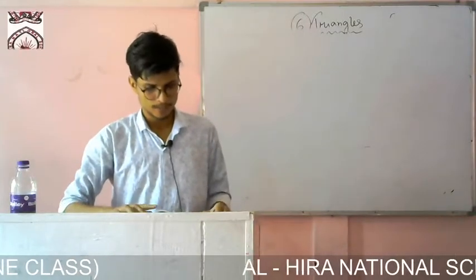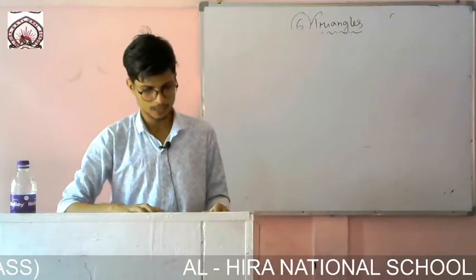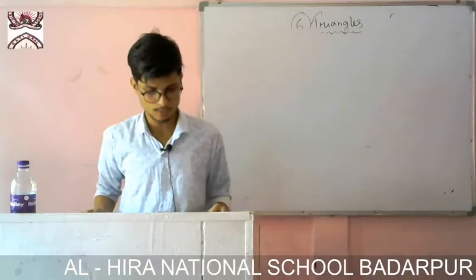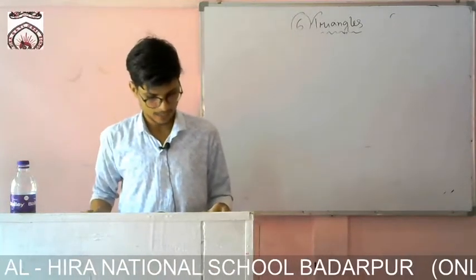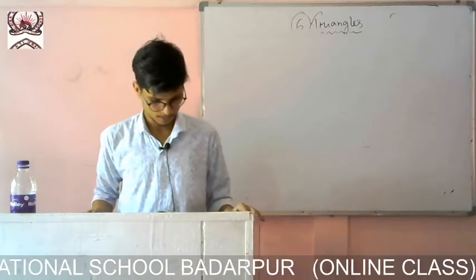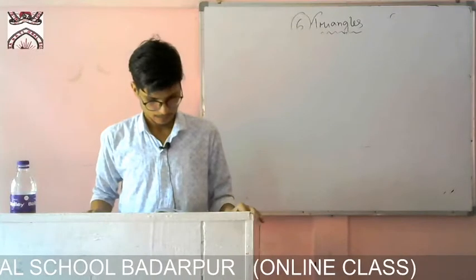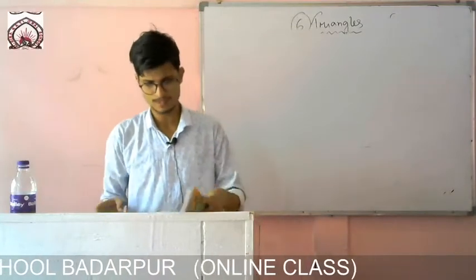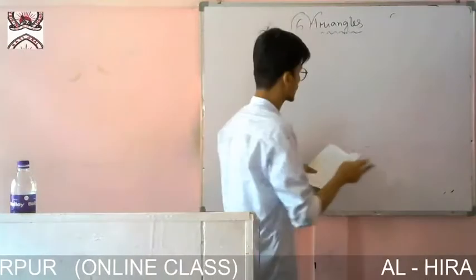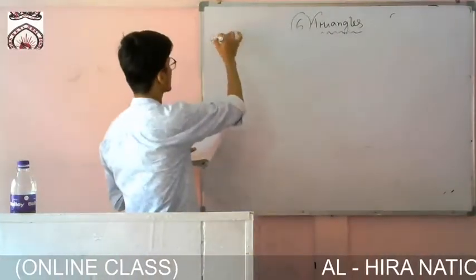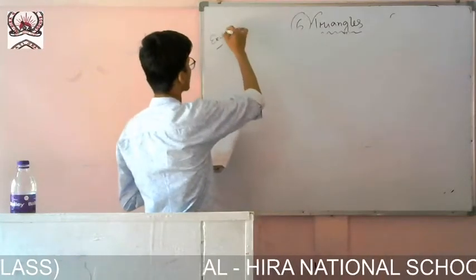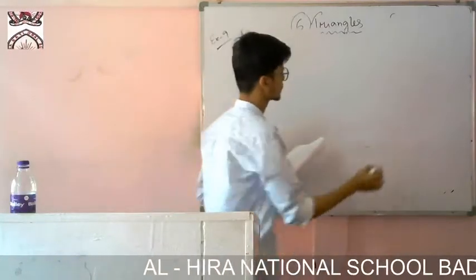In the figure, the line segment XY is parallel to the side AC of triangle ABC and it divides the triangle into two parts of equal areas. Find the ratio AX by AB. You have to find the ratio. Okay, let us go. You can solve it now, no problem. Actually, if you had done some earlier sums easily, then we could have understood this one better. Okay, let me solve it, no problem, you can understand.